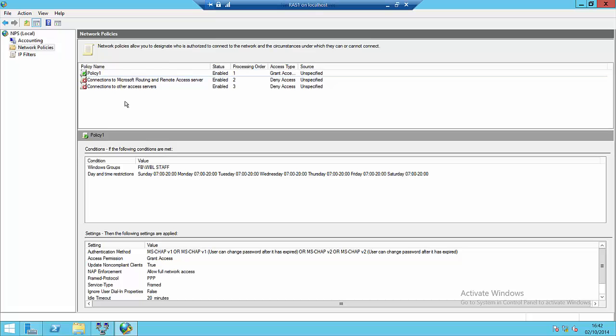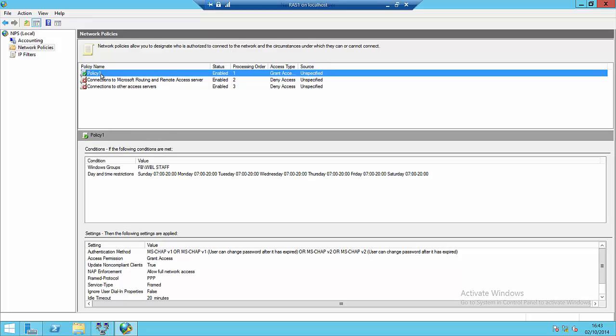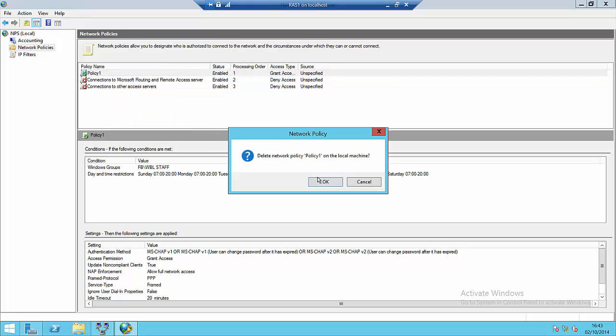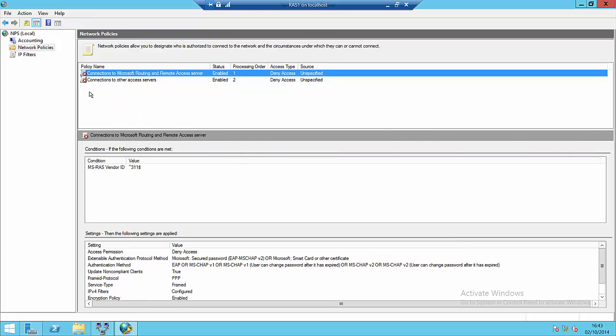Here we are back on our Remote Access Server, and what we're just going to do is tidy things up a little bit, just so we can also prove that it's not the Remote Access Server granting connection, but it is our RADIUS server granting connections when we establish the remote access connection. So we'll start off by deleting policy 1, so that on this remote access server the only policies available are the two built-in policies that deny access to everybody. Now we'll close down this local policy screen,